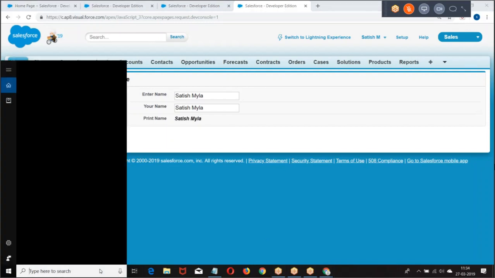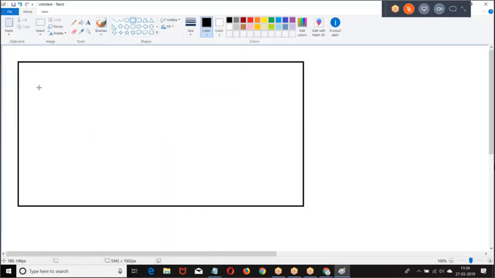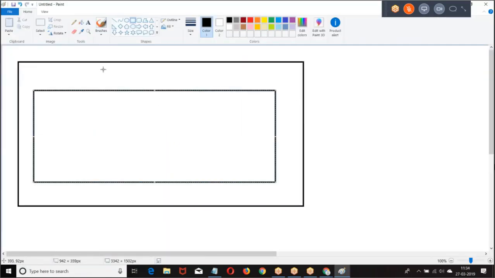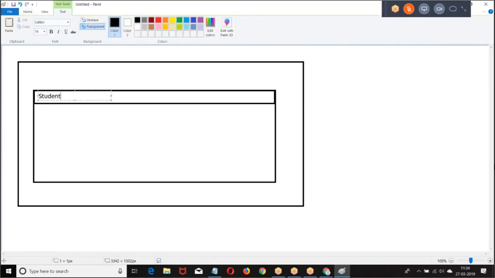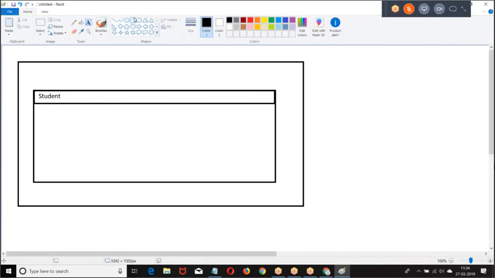Look at this. I have a page. In the page, I have a page block. In the page block, I have a page block section.